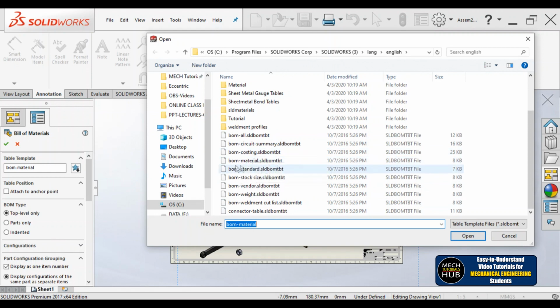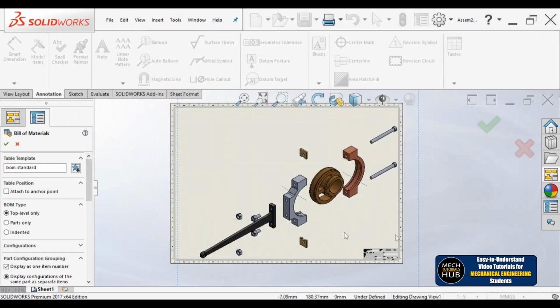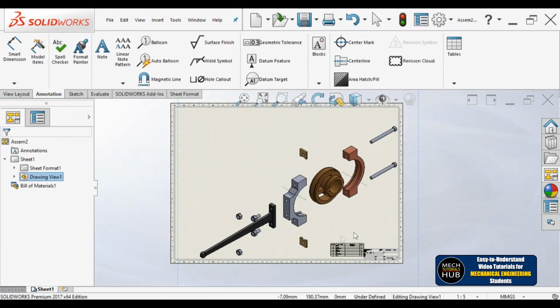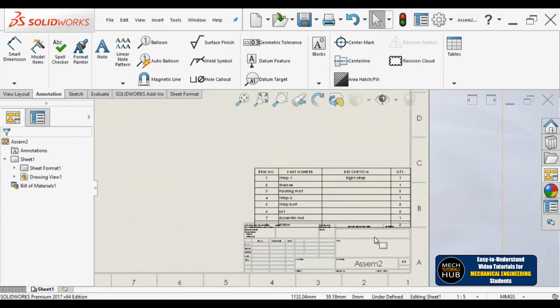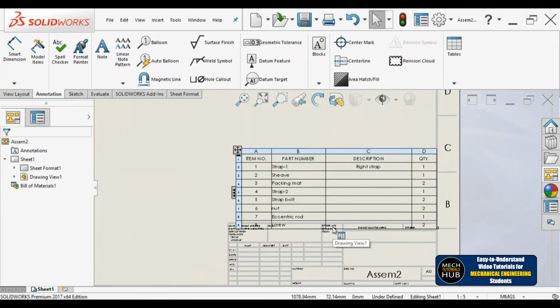Here you find bill of materials based on costing, based on material, standard, stock, vendor, weight, weldments, connector table. As of now I'll take a standard one, say OK, and say OK to bill of materials. Let me place this below here somewhere. Let me zoom that particular area.